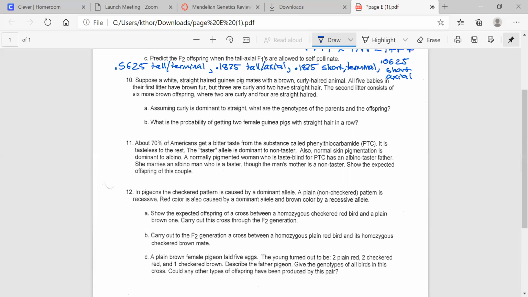All right. So suppose a white, straight-haired, curly is dominant to straight. So let's say this is curly and this is straight. White hair is mated with brown. All 5 babies in the first litter are brown. So it looks like brown is dominant to white. So we'll say